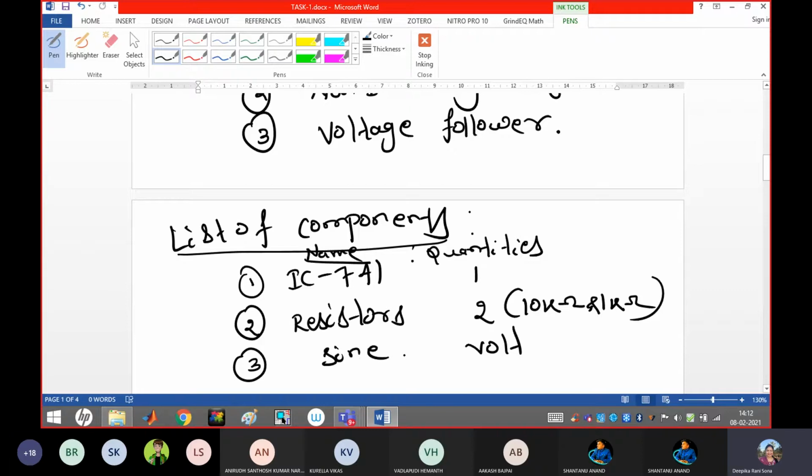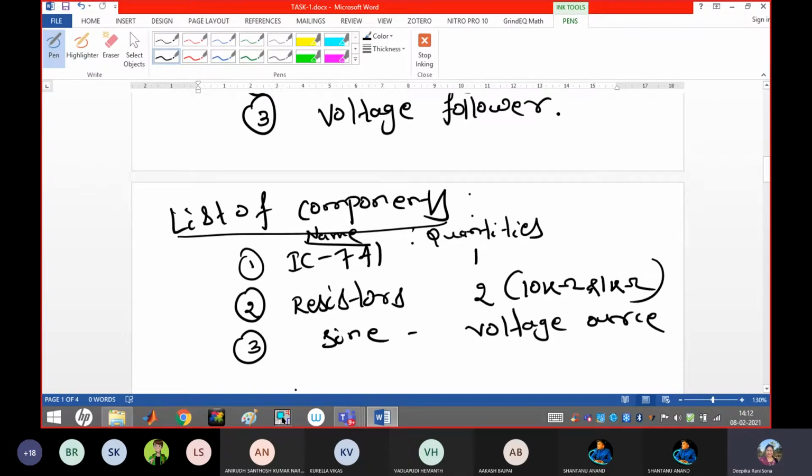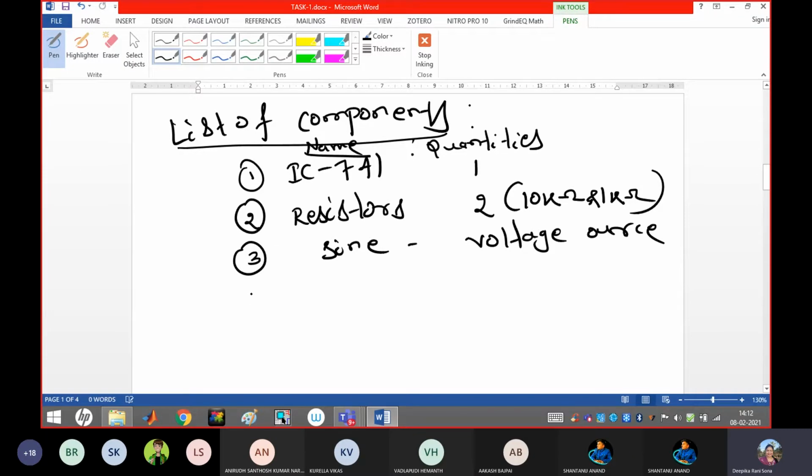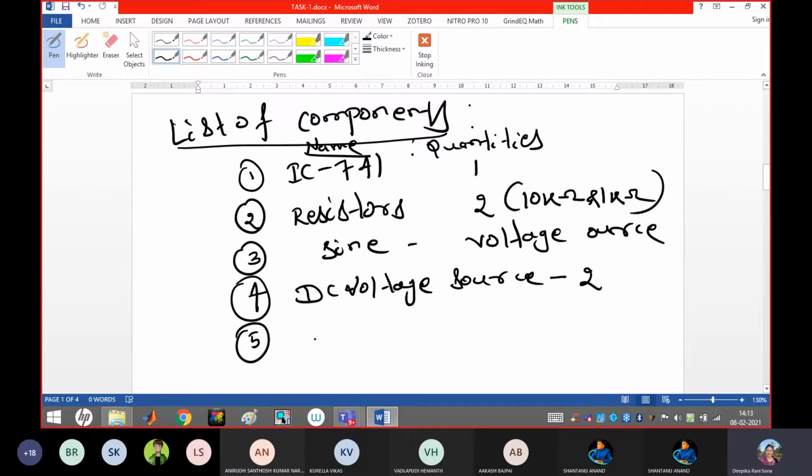Okay, so that is the voltage source. Then fourth one, DC voltage source. How many? The quantity is 2. Then ground connection.